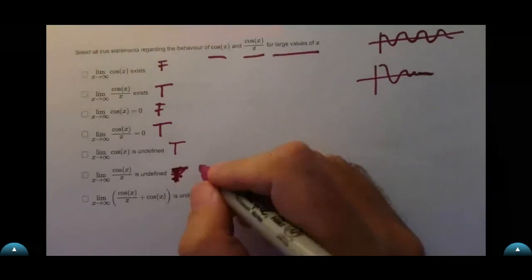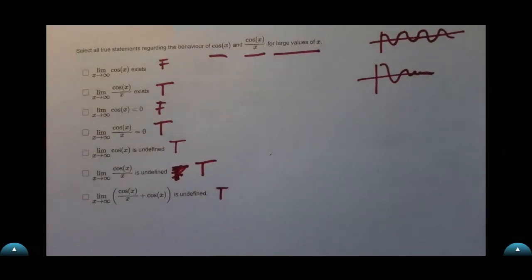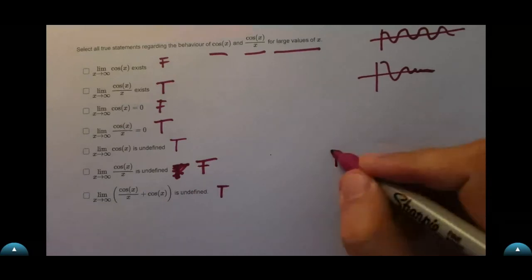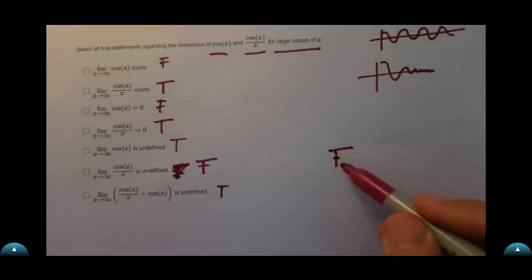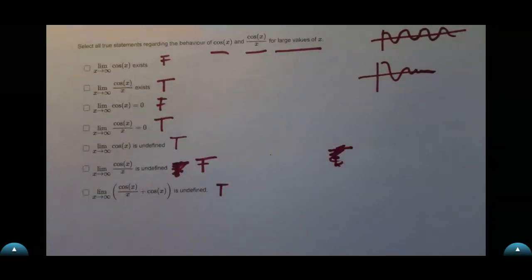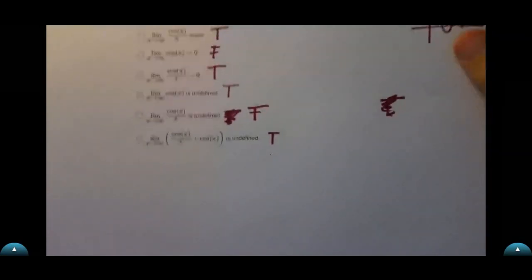Oh, hang on. What did I just write there? That's true. Okay. All right. So, oh no, that's false. What am I writing? You know, some people write like this, just because they're not sure if it's a true or a false. Don't do that. All right. That is just about all the questions I wanted to talk about,